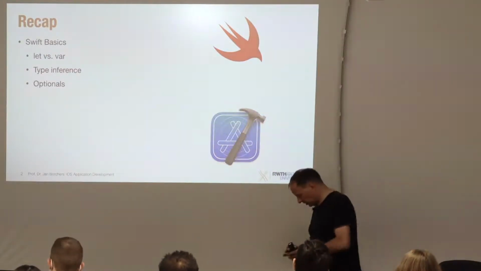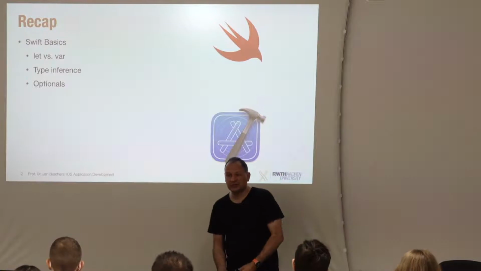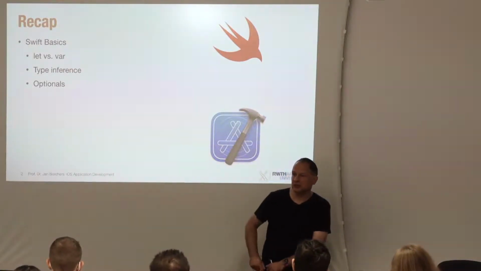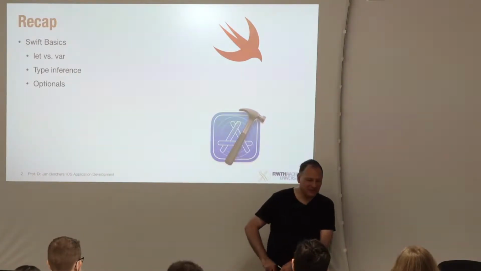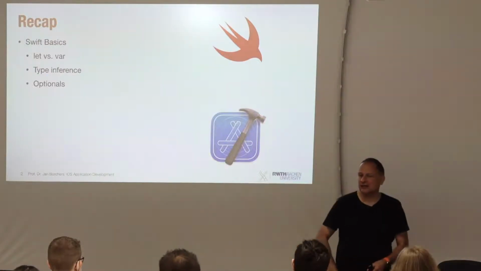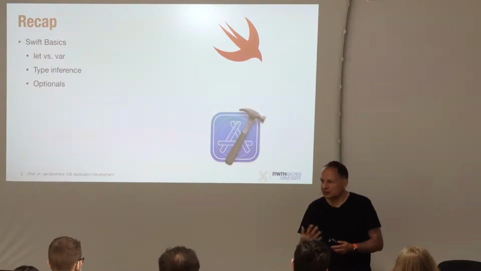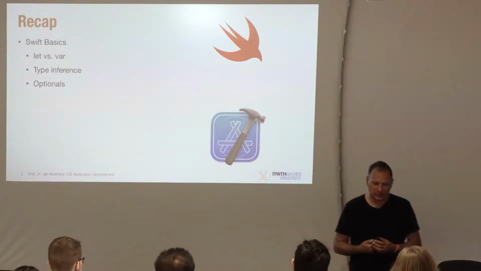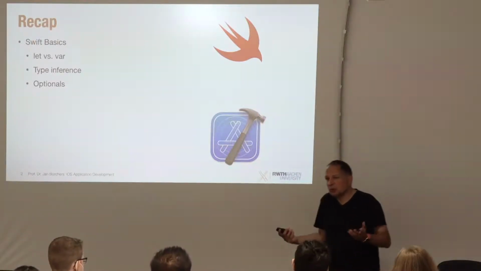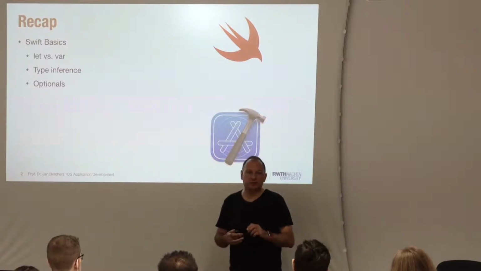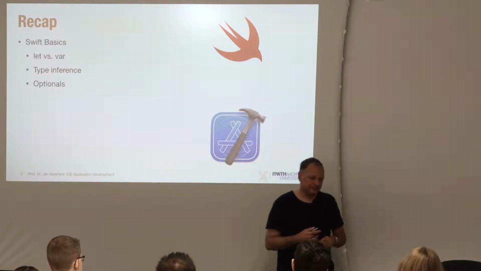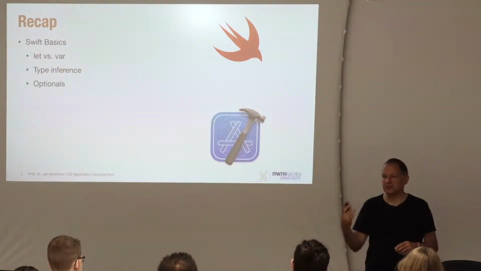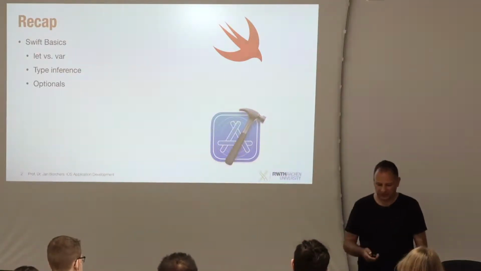Optionals are a big one in Swift. This is a pretty unique feature that lets you explicitly decide whether a variable should be able to not have a value, whether it should be able to have this nil value that indicates there is no reasonable value to assign to something. In other languages, this is always possible, and Swift makes it impossible by default to not have a value, and you need to explicitly define an optional